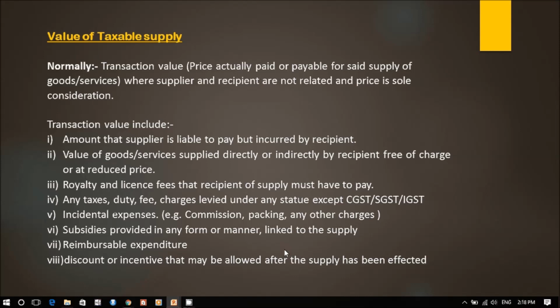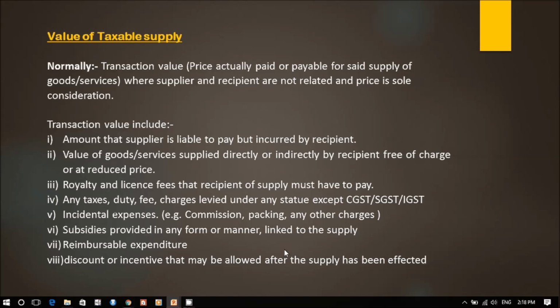It's important. If you are not able to find out the value, then how can you put that GST percentage on an amount? So you should know about that amount. It's the value of taxable supply. If you have sold goods of 100 and the GST rate is, suppose, 10%, then 10 rupees is the tax amount. 100 into 10% equals 10. So this 100 rupees is the value of taxable supply.